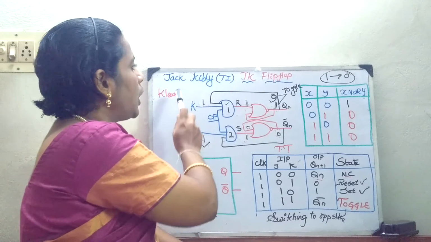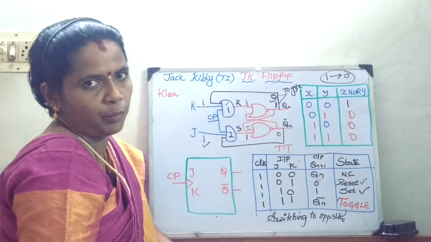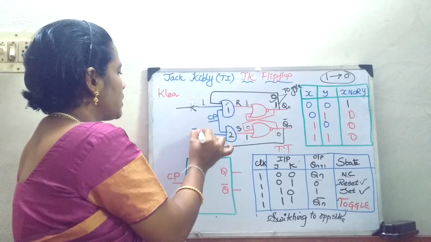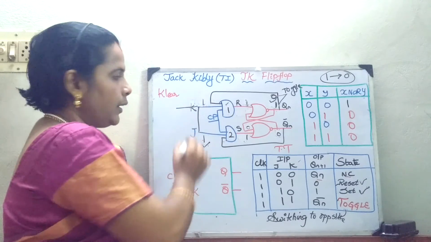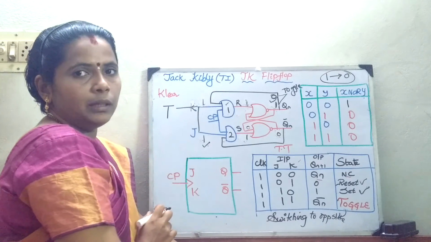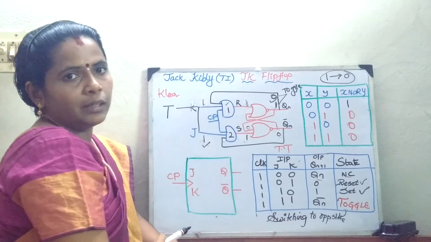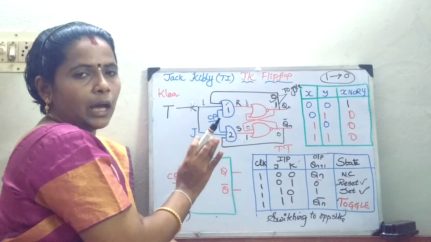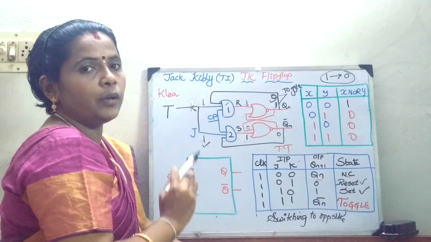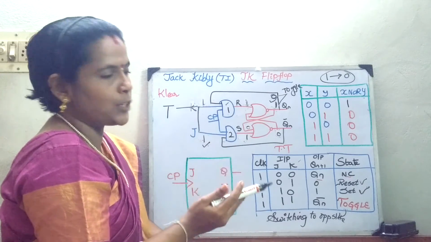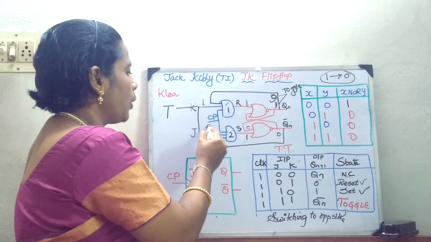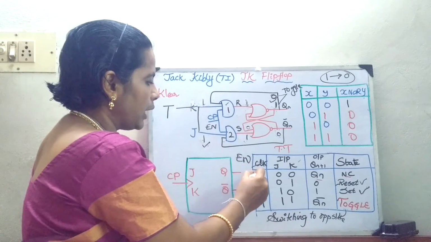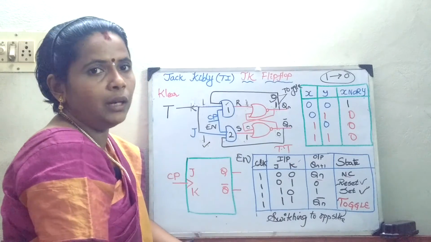Suppose I want to convert this JK flip-flop to the T flip-flop. So what do I have to do? This J and K is there. I am just going to connect them, and if I put a variable T, then it becomes a T flip-flop. Okay, as I already told you, if it is a flip-flop, you will have a clocked signal. Suppose I want to explain in terms of a JK latch, in that place, instead of the clock pulse, give enable. Here, instead of clock, you write enable. If the enable is 1, the entire process will work out.